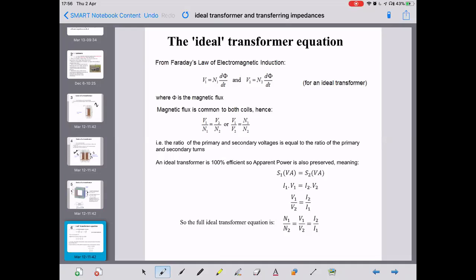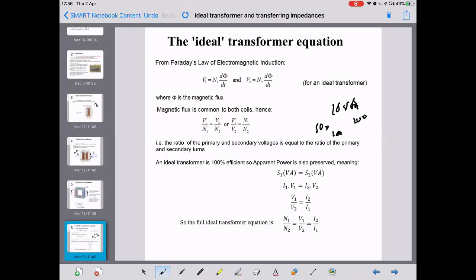Furthermore, an ideal transformer is 100% efficient. So the apparent power is also preserved on both windings. So S1 in VA must equal S2 in VA for an ideal transformer. So if you buy a 10 VA transformer, then both windings are rated for 10 VA. In other words, if you've got 10 volts on your primary, that's 1 amp. If you step that up to 100 volts on your secondary,